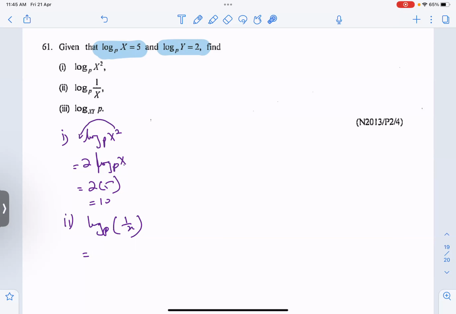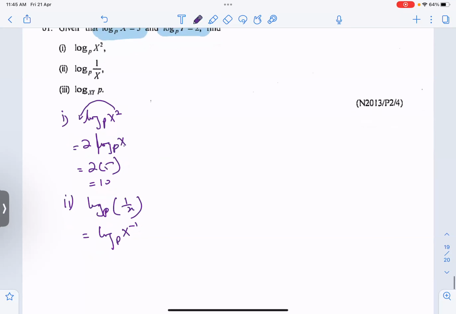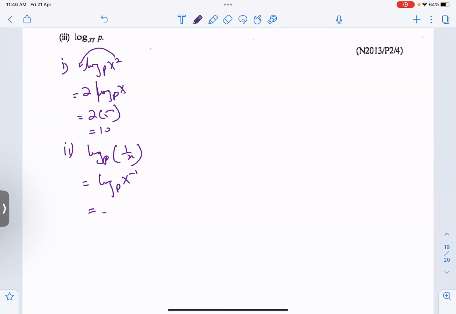Apply quotient law. मैं x की पावर इनवर्स नहीं हो जाएगी? हाँ, ये वाला मेथड भी ठीक है, ये भी कर सकते हो और quotient law भी लगा सकते हो। तुम कह रहे हो कि log p x to the power -1 कर दोगे शुरू। वेरी गुड, ये बहुत अच्छा आइडिया। पावर जो है वो कोएफिशिएंट बन जाएगा, -1 log p x हो जाएगा। log p x की वैल्यू हमें 5 पता है, तो आंसर -5 आ जाएगा। एक ये तरीका है, और दूसरा तरीका क्या है, quotient law लगाना है।